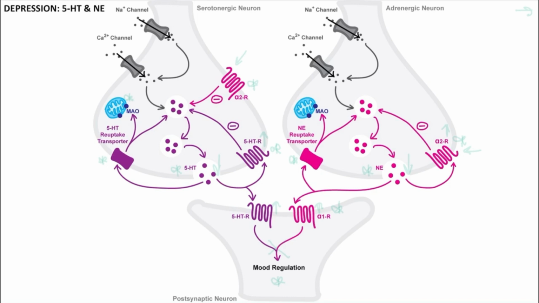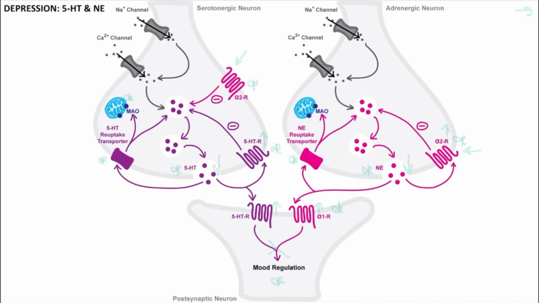So before we can talk about imbalances that lead to depression, we first need to talk about mood regulation and the two primary neurotransmitters thought to be involved, and a third to a lesser degree, which is based on what's called the monoamine hypothesis. Because, like our dopamine hypothesis in schizophrenia, this is the predominant theory behind why depression results and what many of our therapeutic mechanisms of action are based on.